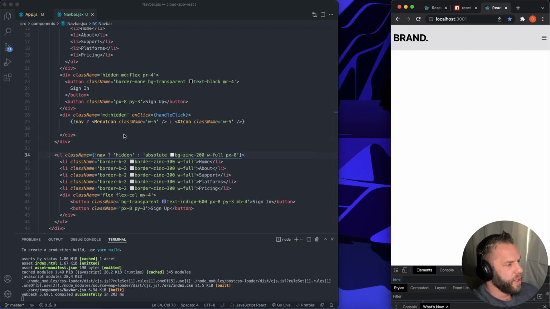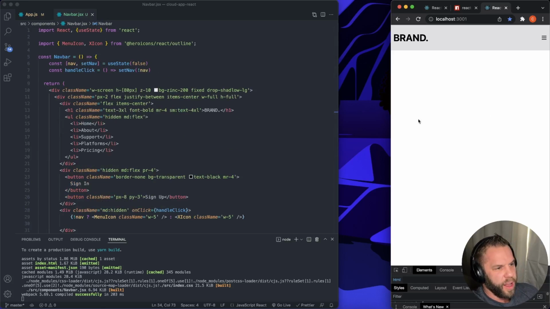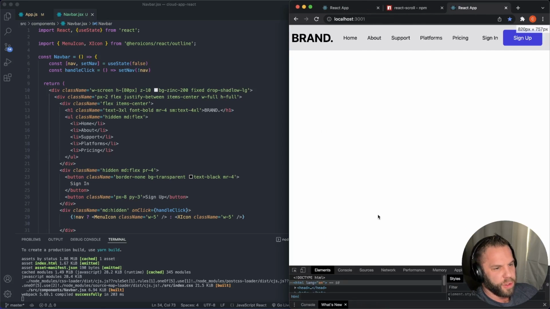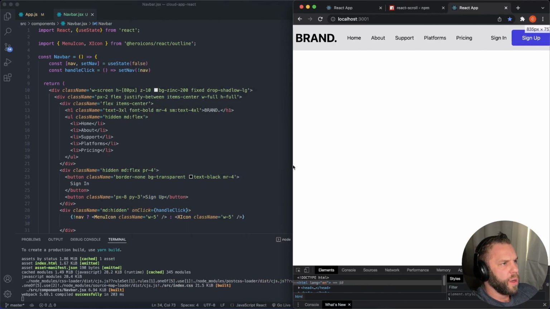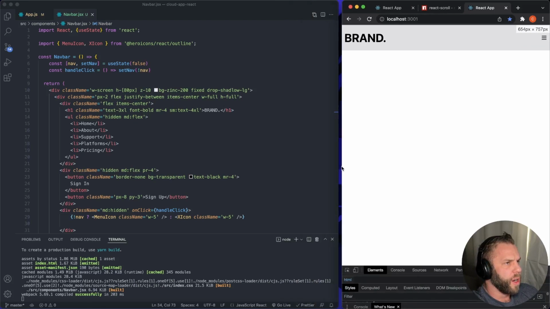That's how powerful Tailwind is, you guys. Not a single CSS file here. That's all we have to do right there, just for some styling. That's so easy, you guys. Boom, there we go. So now let's go ahead and go into our components folder here, and let's start on